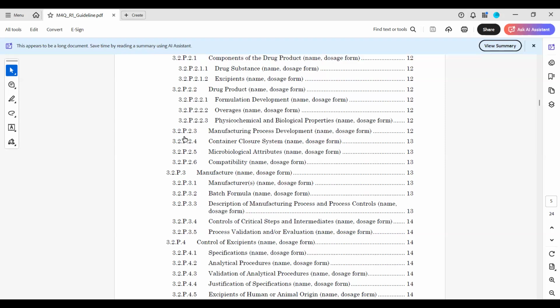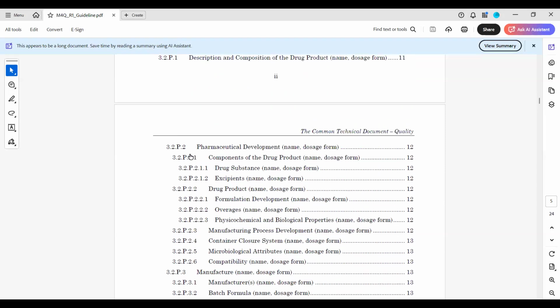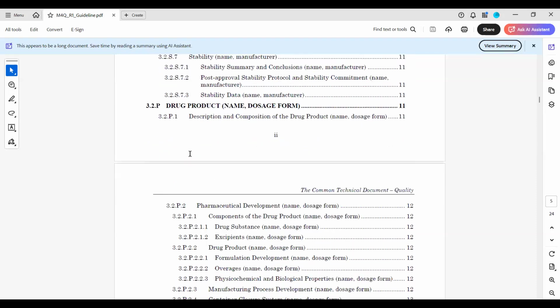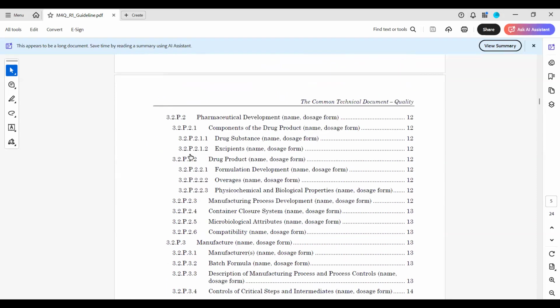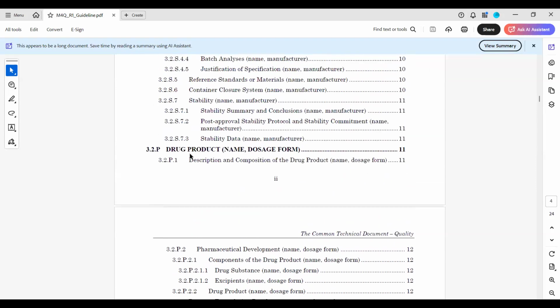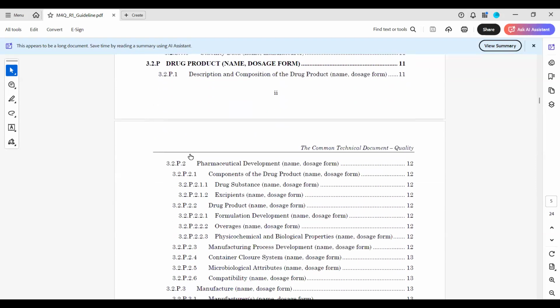So we've covered drug substance in the last class and a little bit of drug product as well. We talked about 3.2.P.2 in the last class, along with 3.2.P.1. So I'll just give you an overview of what 3.2.P.1 and 3.2.P.2 are before moving with